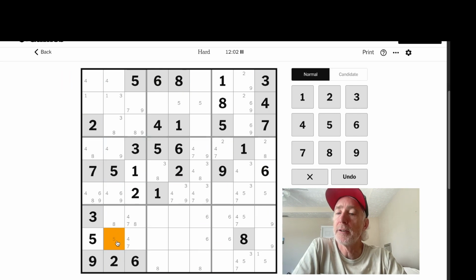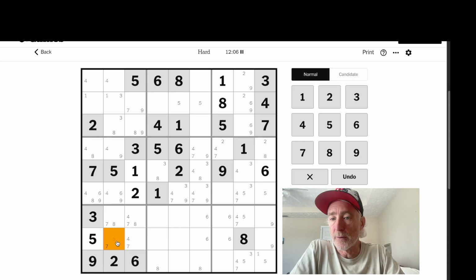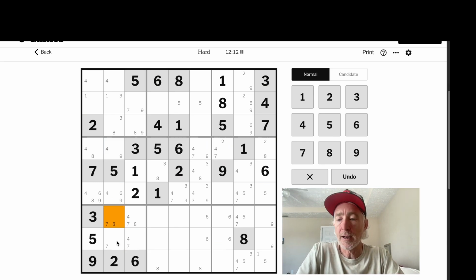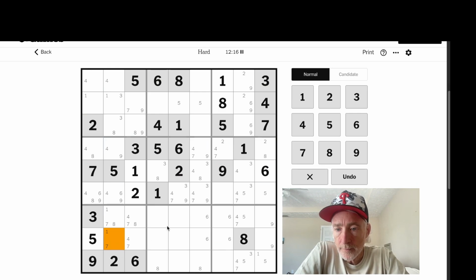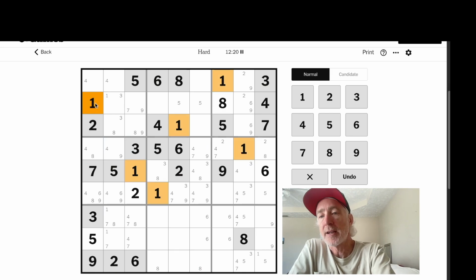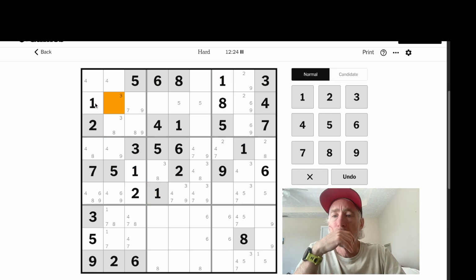7 could actually be in one of these cells as well. We don't know yet about that. And what's the other number? 1. Okay, so 1 has to be here. Oh, that points up here and makes this a 1. Okay, and now we're down to,